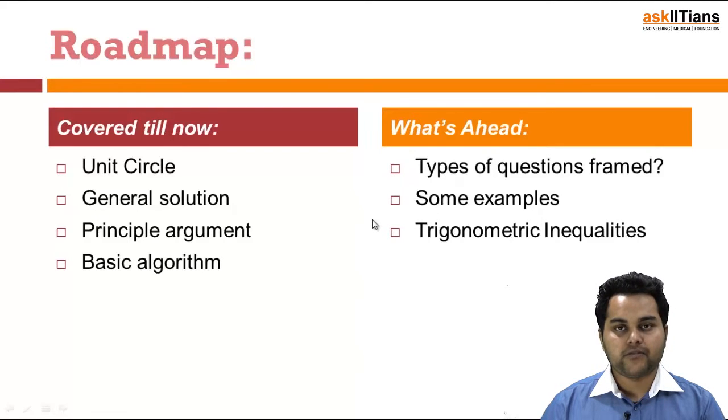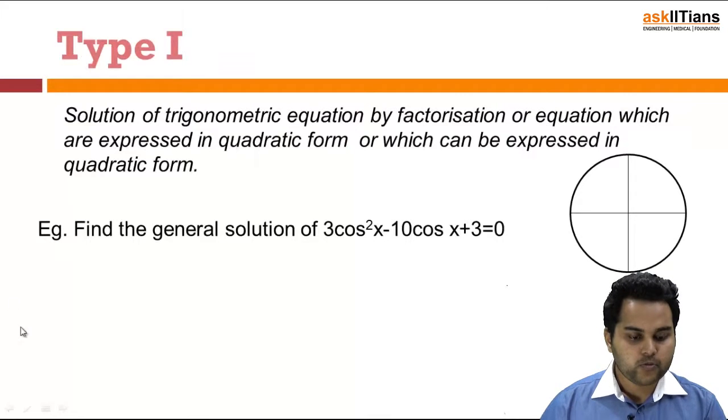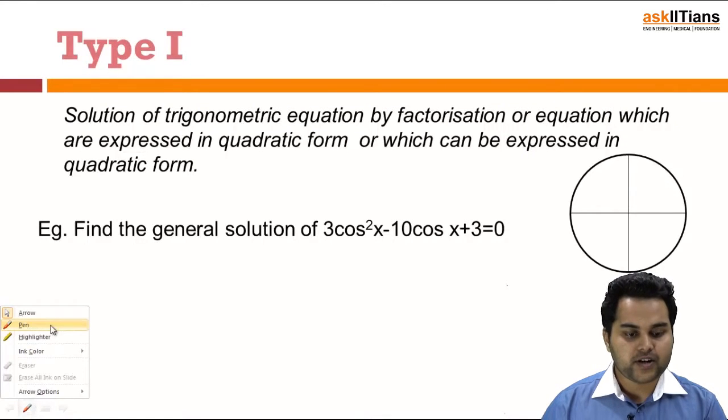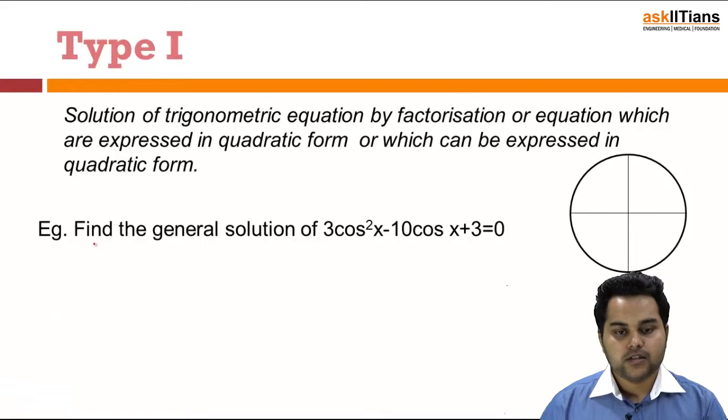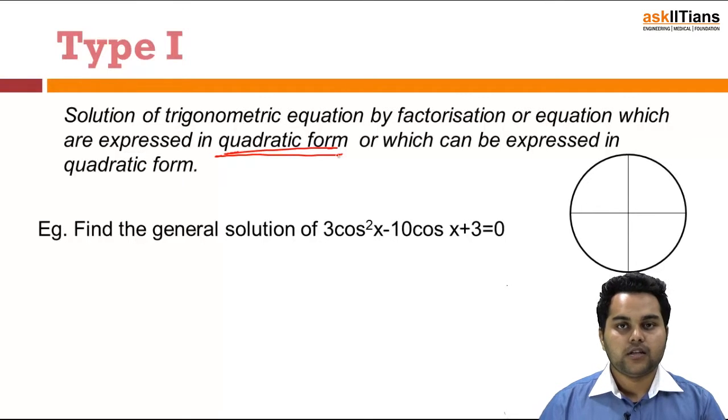Then at the end we'll be dealing with trigonometric inequalities. Type 1 is the trigonometric equation by factorization, that is in the quadratic form. Suppose I have a trigonometric equation in the quadratic form, where the variable is either cos square x or sin square x, so the trigonometric ratio is itself a variable. So if I have the quadratic equation in such a form,